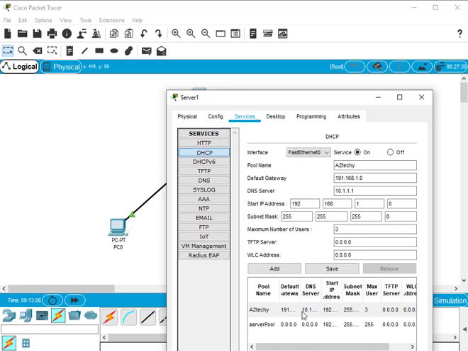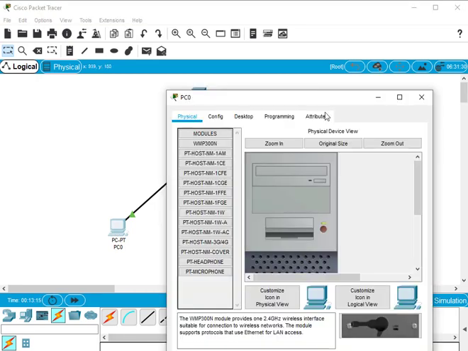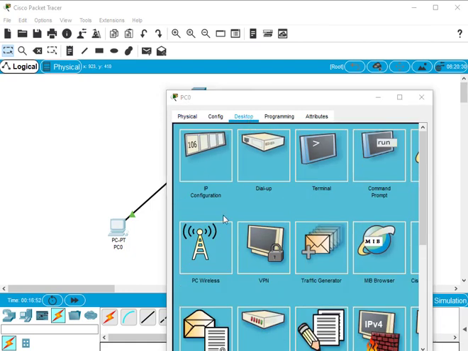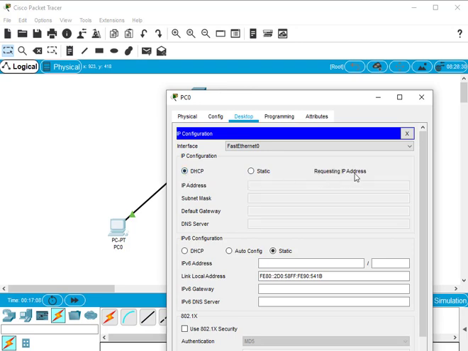It's saved. Now close this window and open your first PC, go to desktop and click on IP configuration. Basically when we click on static, that means we are providing the IP manually, but we have to take it from the DHCP server, so click on DHCP, and it requests an IP address.